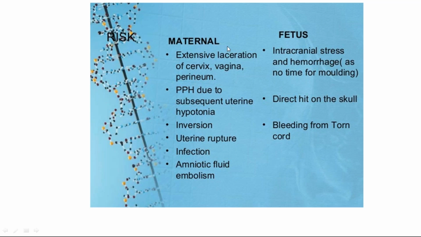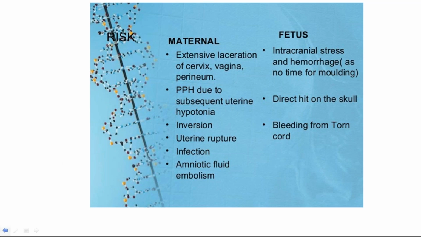Then maternal complications are also there, like extensive lacerations of the cervix, vagina, and perineum because the baby is coming out so fast. Then postpartum hemorrhage may be mostly traumatic. The uterus, which has functioned so vigorously during labor, relaxes. So it thinks it has done its function by pushing out the baby. Its job is over and it silently keeps quiet. So atonic PPH is very, very common in these individuals because of the hypertonic uterus.